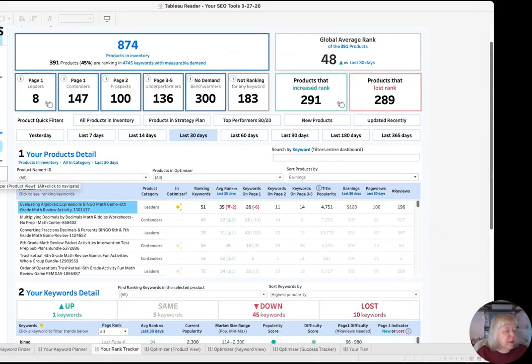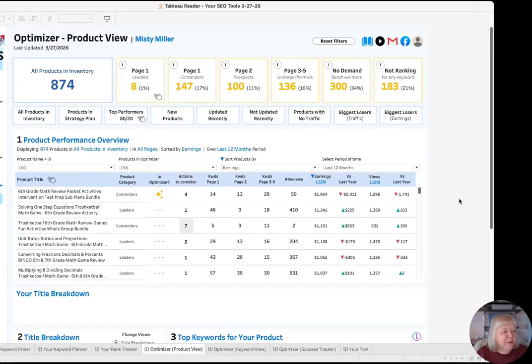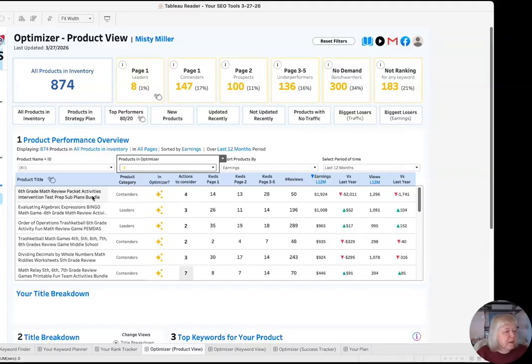Because I do have access to the optimizer, I can go over here and click into my optimizer. Not everyone has access to the optimizer. Read the chart that is on their sales page so you know what you're getting access to. These are the ones in the optimizer that I am working on their titles. If I click on one,